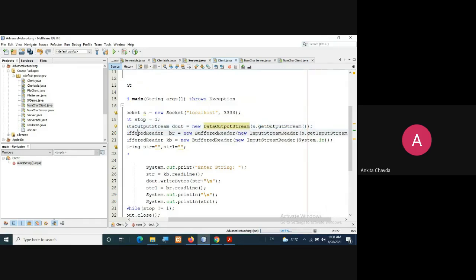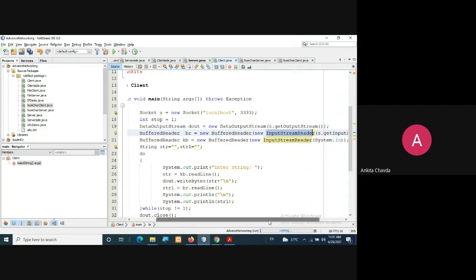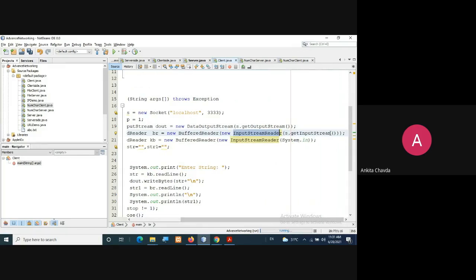Then I'll use a BufferedReader here. br equals new BufferedReader, which is attached to your InputStreamReader, and you are getting the input stream via the method getInputStream. In the same way you are using this kb, but you are reading here not from your input stream. Instead of that, you are using System.in, which means the user will enter some data here. So from the user you are reading this, so System.in is here.